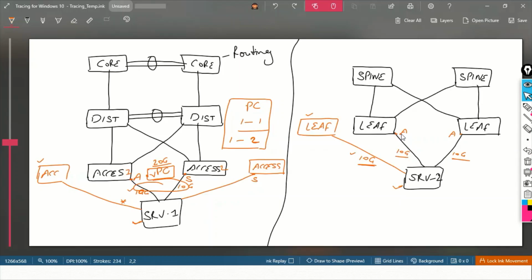Same way, if you want more bandwidth, you install one more leaf and connect your server there, or you can use some more interfaces as well.